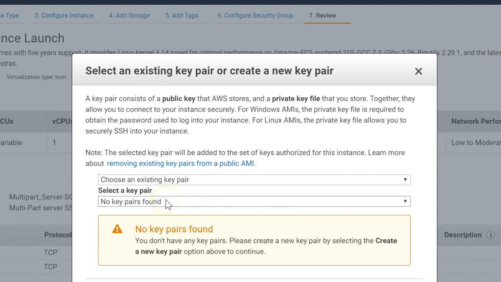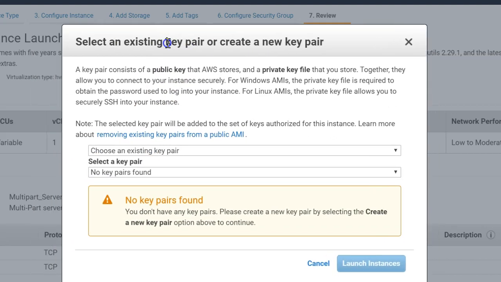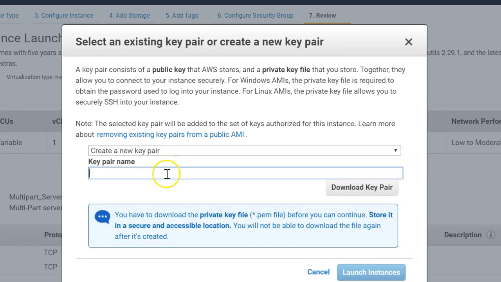It's going to tell you that you need to use a key pair, because we have selected the Linux instance. So we are going to download our new key pair, which is required to log in to your SSH console. I'm going to put the name as multipart, because we are going to do the multipart labs.